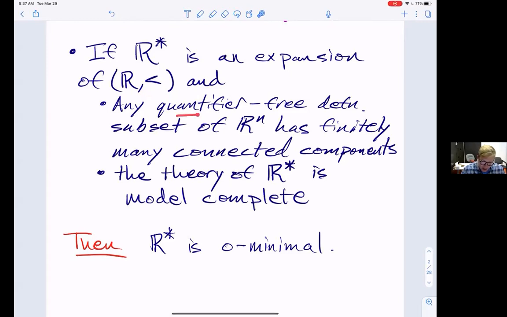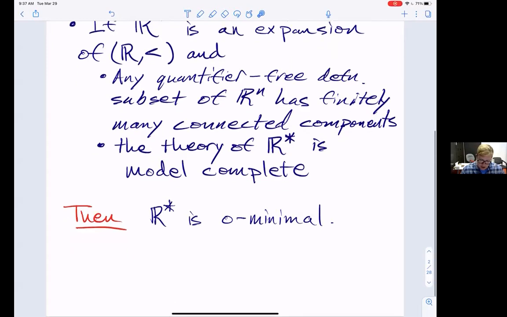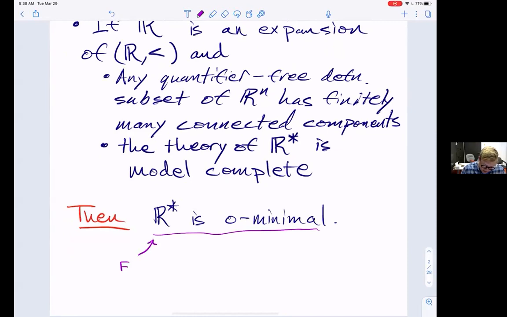Okay, so if you're in this setup, then if you know that any quantifier-free definable subset has only finitely many connected components in the normal Euclidean topology on the reals, and you know that the theory of R star is model complete, then there's this strong conclusion that the theory of R star is O minimal. And this, well, even if you don't know what an O minimal theory is, it's easy to say. This means that every